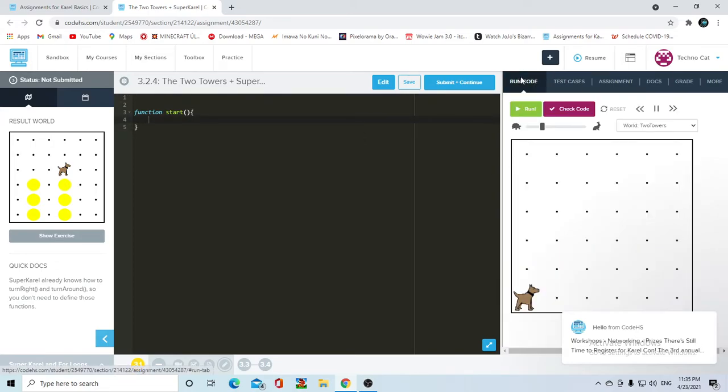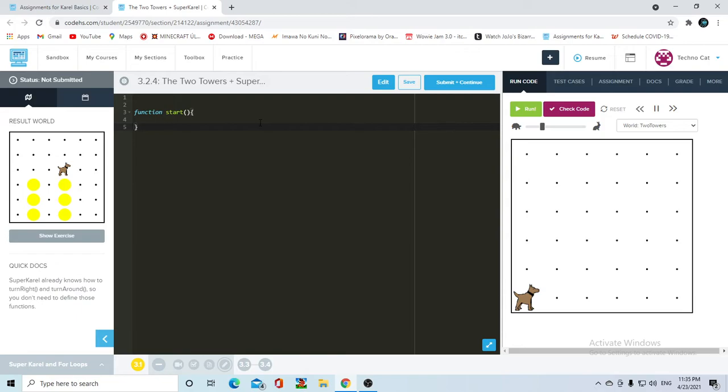So let's write our code normally. Let's not use any wild stuff, let's not go for any loops. Let's just go for it. So Karel's gonna move. Oops, that was outside of the function. Karel's gonna move once. Then she's gonna build tower. Let's make a function for that. Then she's gonna come down. Then she's gonna move. So move, build, down, move, move,